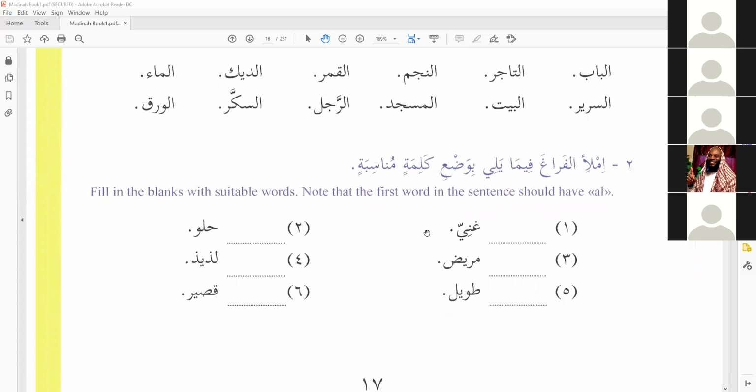And the following exercise is similar to what we've learned before, which is where you're going to be filling in the mubtada that makes sense for the khabar that is given. However, now you're given an extra thing to think about, right? So everything that the author is doing here, and the author has put this book together very, very deliberately, he's slowly adding things for you to have to consider. He's not overwhelming you all at once. The first thing that we had to consider was the ending of the khabar. He gave us sentences that began with